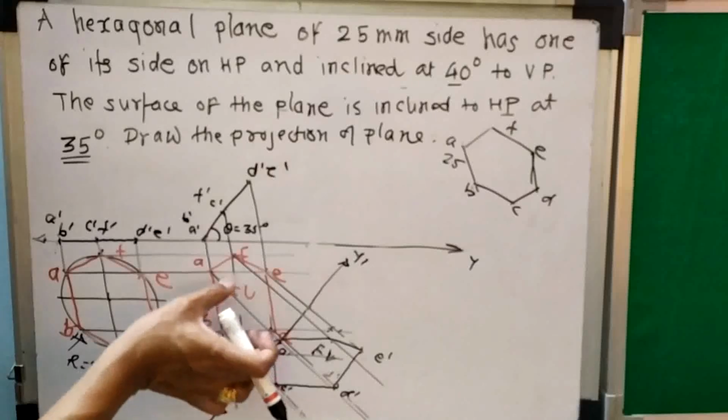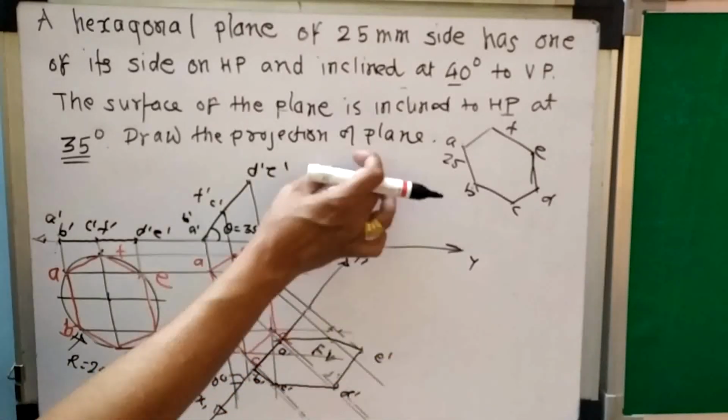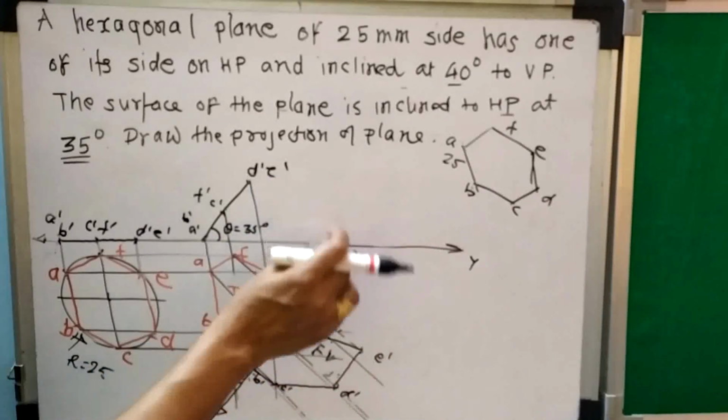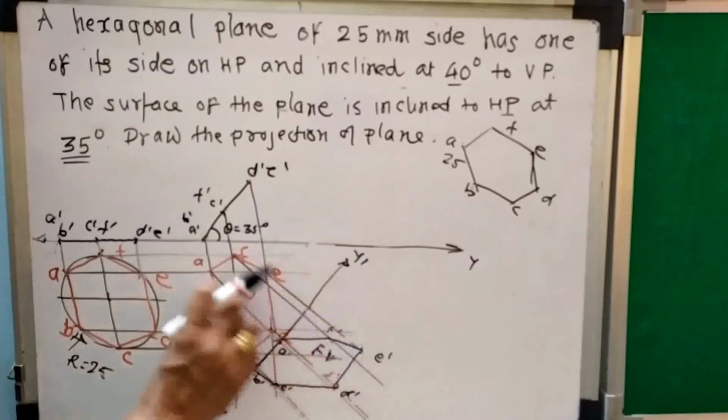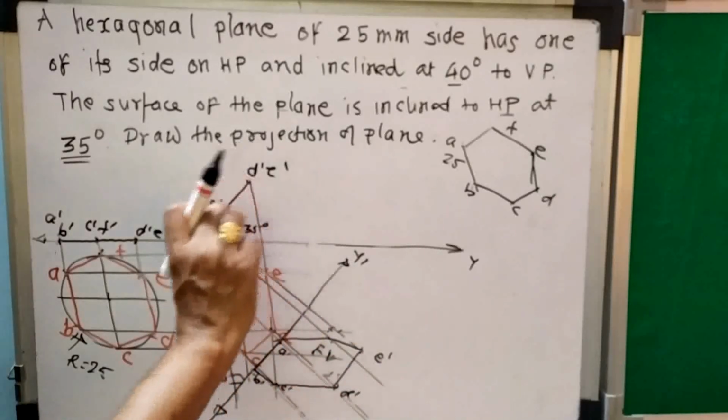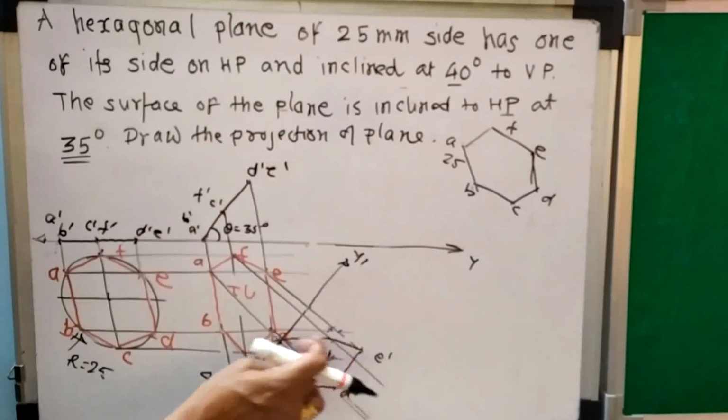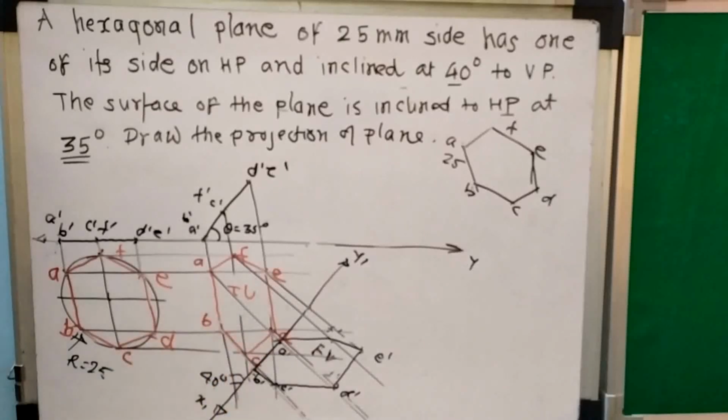So in this way, without reconstructing the figure and projecting it to get the front view, I directly use the auxiliary plane inclined to this AB at the given angle and project the top view, taking its previous view distance, marking here, I get the front view. So in this way you can solve this problem, that is hexagonal plane problems. This is the second problem on the assignment.